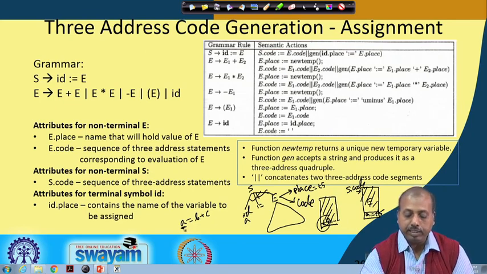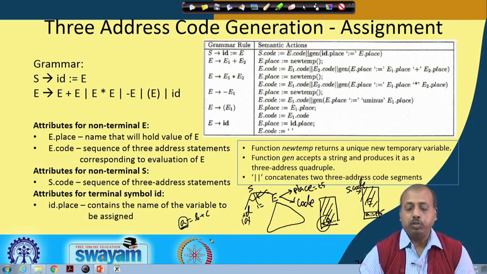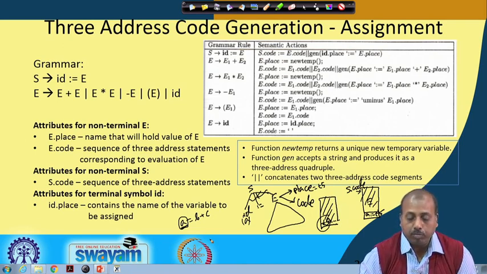As I was telling, if it is a equal to b plus c, then id dot place is equal to a. This is very simple to find out, because the lexical analyzer will get the symbol a. It will return id as a token, but you can always return as an attribute of this id the actual name of the symbol a. So, the parser will know the name of the symbol by means of that YYLVAL type of attribute. From that, while doing this reduction, we can take help of it and generate the complete code for S. So, this id dot place is there.